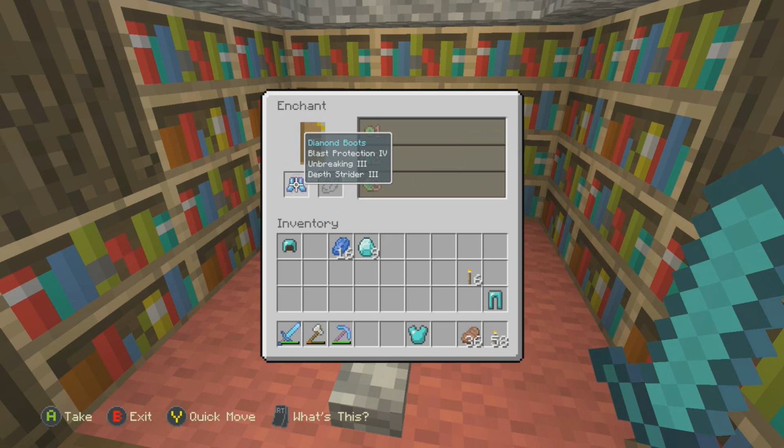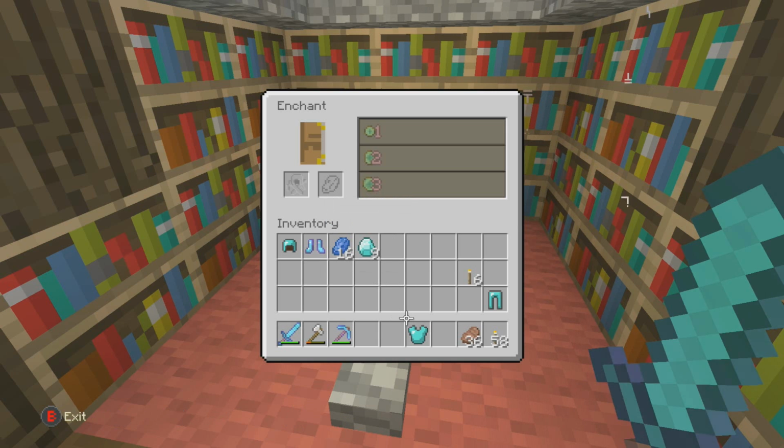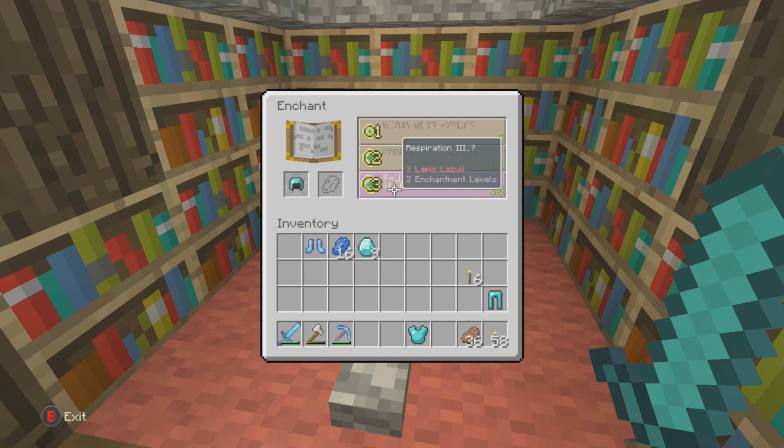Blast protection, unbreaking, depth strider 3. Not the greatest boots in the world, but the depth strider, that's pretty sick. I actually really like the idea of that. Okay, so now we put the helmet back in. What have we got now? Respiration. I could make a complete water kit, couldn't I, with respiration and...